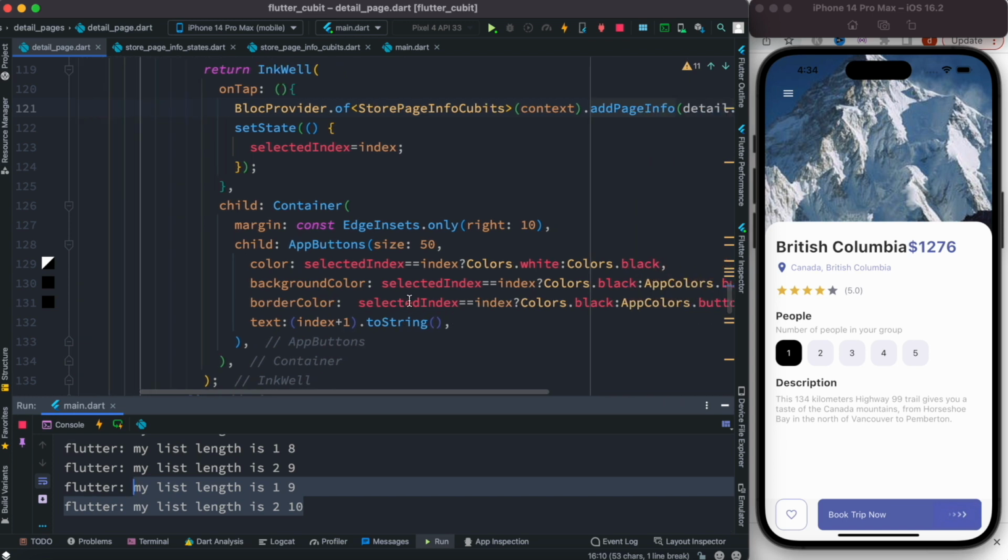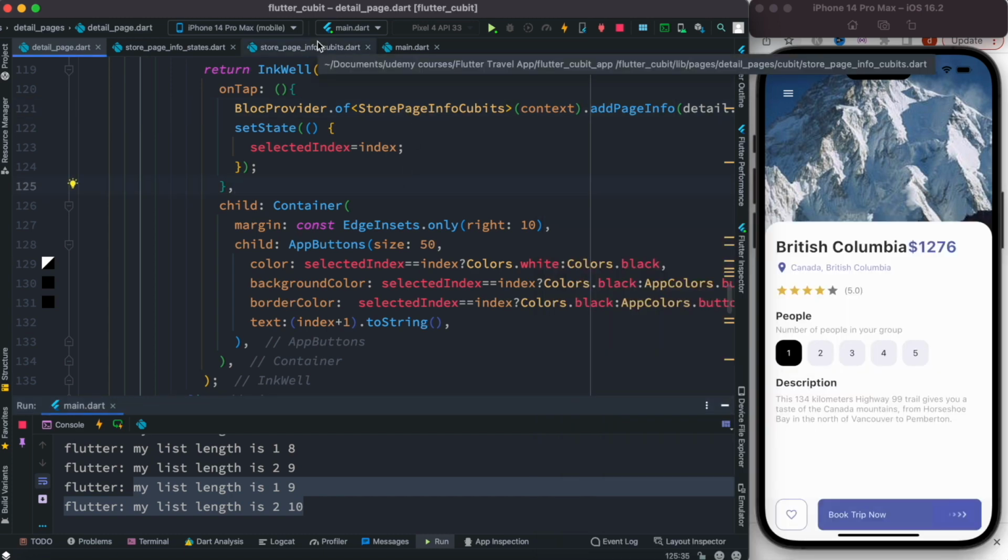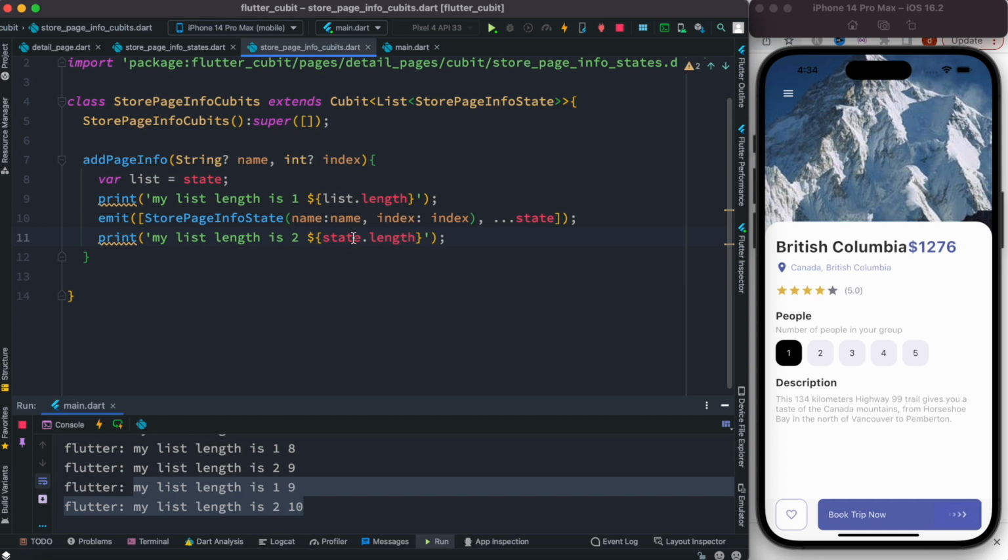Over here we need to work on the color itself. Okay, all right, so we need to find a way to know which index has been clicked and find that index, and based on that index, if we can find the index, because remember right now this index and everything, because our objects are being stored, so each time we store, we create a new object. Now objects are being stored, and if objects are being stored, then we can actually grab the index that is being stored, and we can find it,